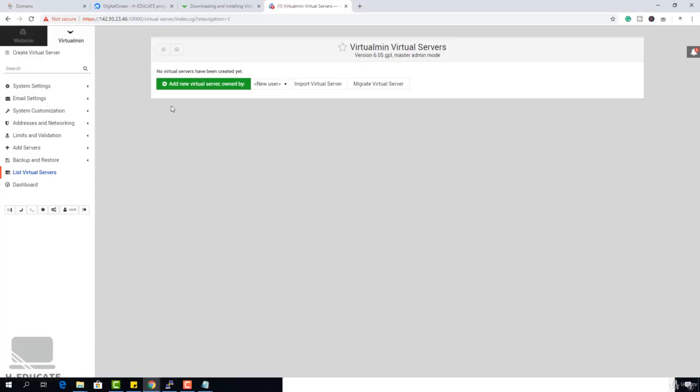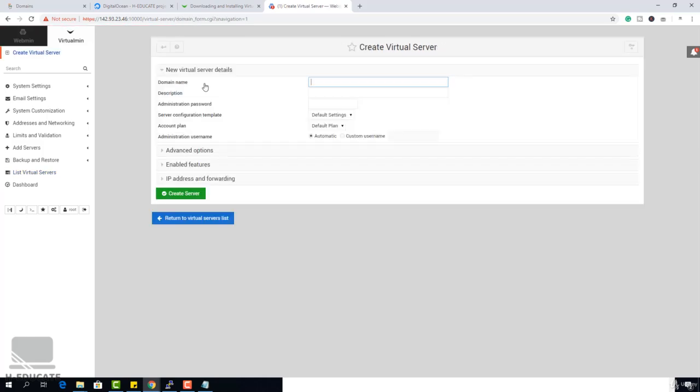The first step you need to do is to create a virtual server inside Webmin. This simply tells Webmin that I have a domain, I want to point to this server. So just click add new virtual server, or you can simply click here create virtual server. It's the same operation. And now enter your domain name, and in my case it's educate.org, and you can set a description if you want. Enter an administrator password,